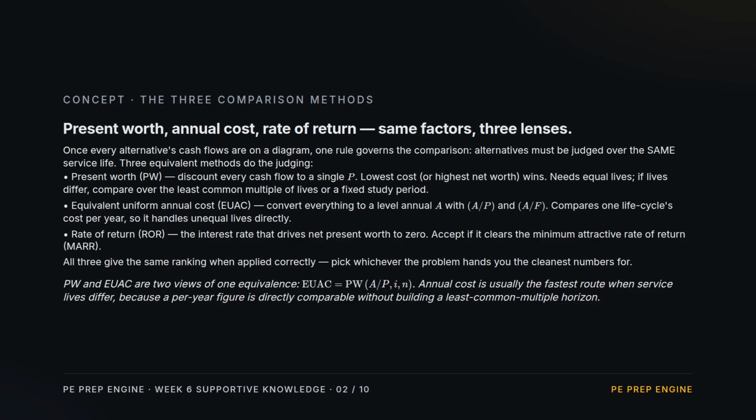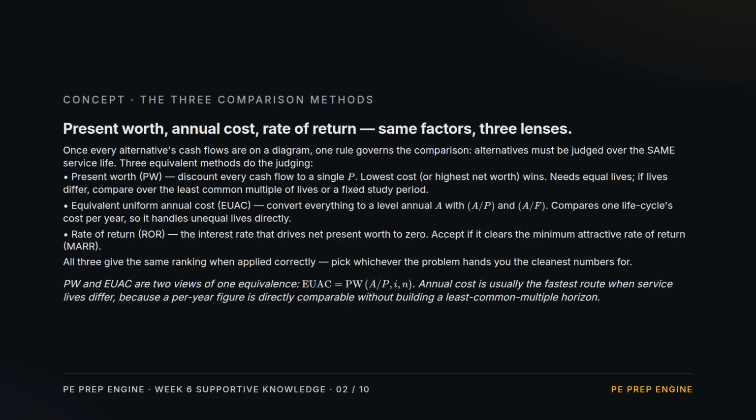Once the cash flows are drawn, one rule governs everything. Compare alternatives over the same service life. 3 methods do it. Present worth discounts every flow to a single amount at time 0. Lowest cost wins, but the lives must match. Equivalent uniform annual cost converts everything to a level yearly figure, using the capital recovery and sinking fund factors, which